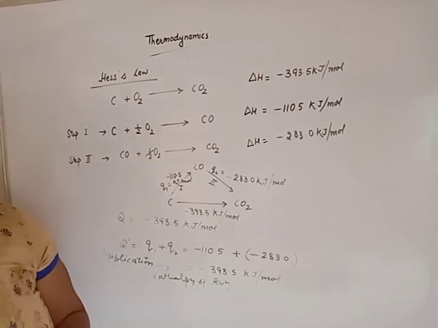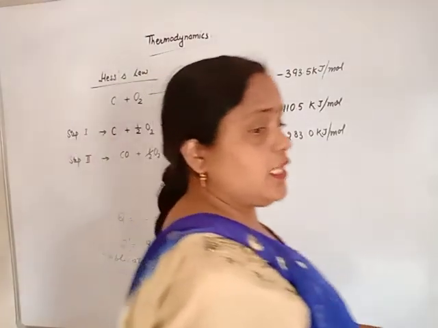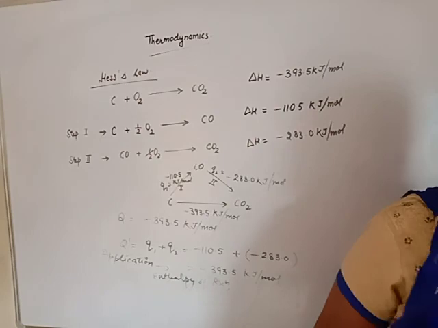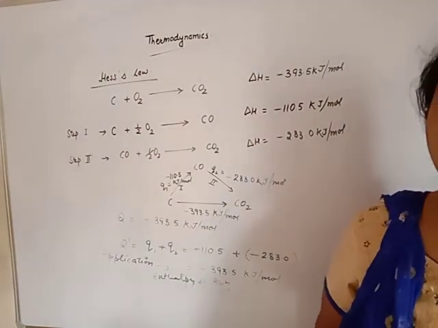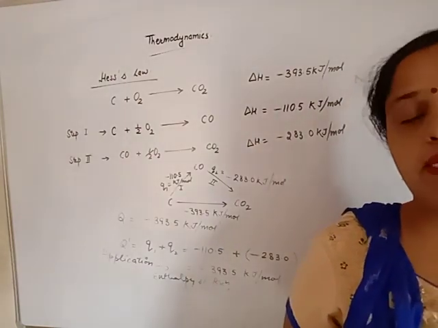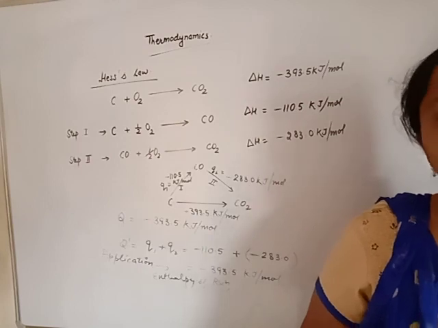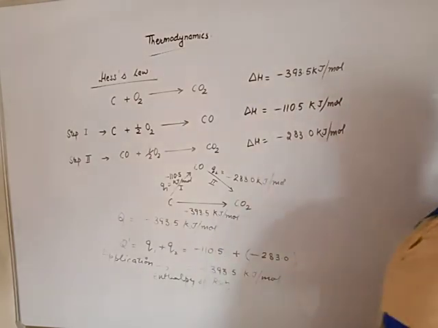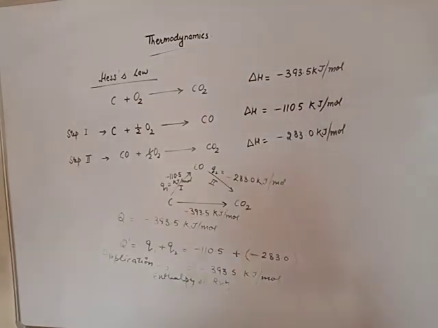In the case of Hess's law, if the energy change during one step or in all the steps remains the same, it follows Hess's law, otherwise it does not. It is not necessary that all reactions follow Hess's law. Some reactions follow and some do not. If Q and Q dash are similar, Hess's law is followed; if they are not similar, the reaction does not follow Hess's law.